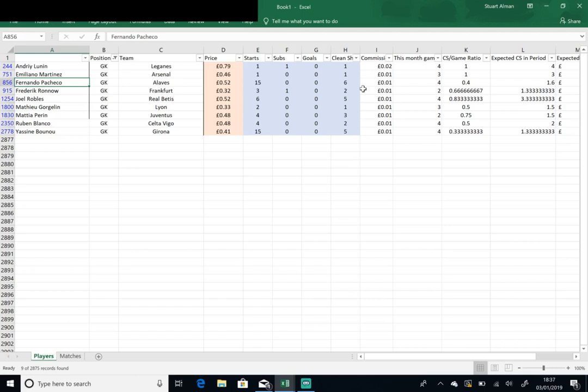Those are the months you really want to target for clean sheets and goal dividends, because that's when you're getting your maximum returns in a concentrated period. I know in the November and December period, there were some times when you could line the dates up and you would have 7 games for certain teams, and that's when you could really maximize value. Because if we take one of these guys here, so let's just take Yassine Bounou and overwrite this and say if he had 6 games instead of 4,